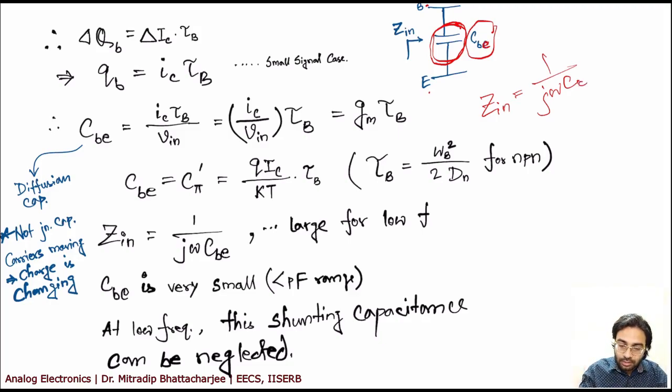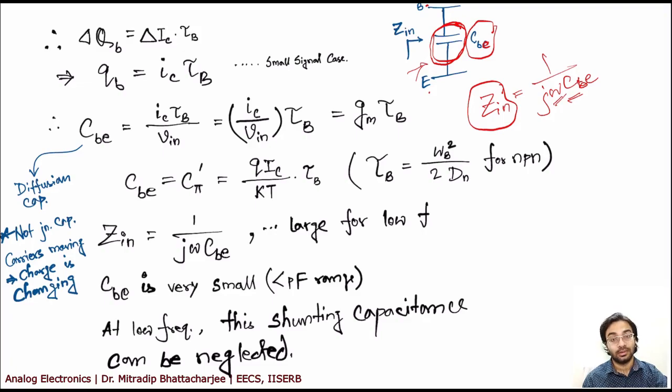So this is your impedance. Now if CBE is very high, your Zin will be low. That means input impedance is very low. Input impedance is very low means it will shunt everything. So ideally what you want, CBE should be very less. Okay? And for a large omega, even if your CBE is less, the impedance will become low. So at high frequency, this capacitance may play an important role, because at high frequency when omega is very high, Zin will become low.